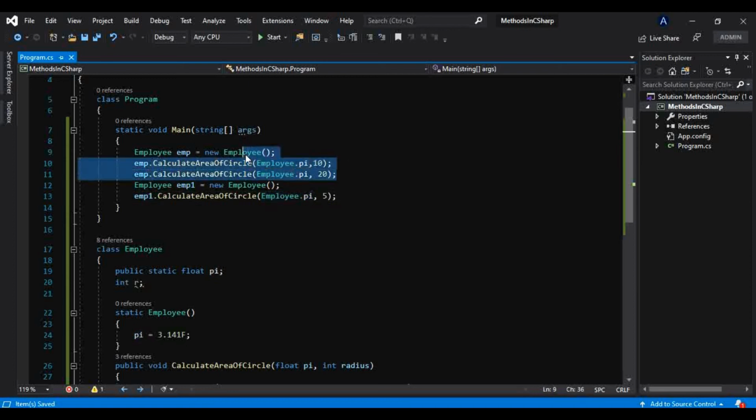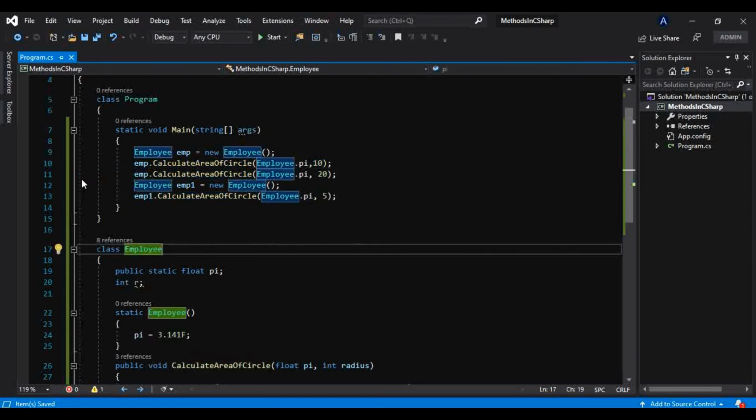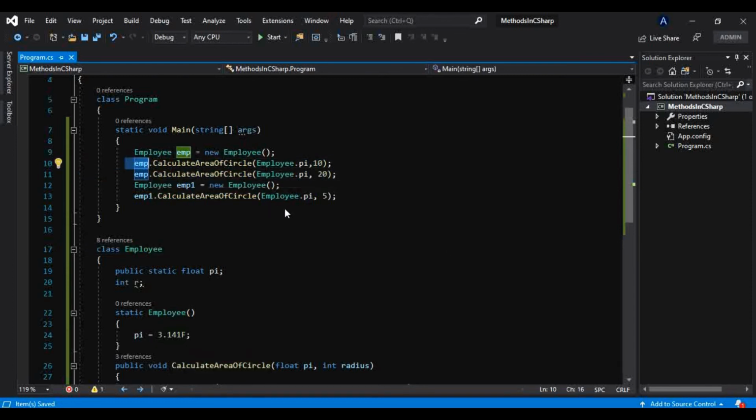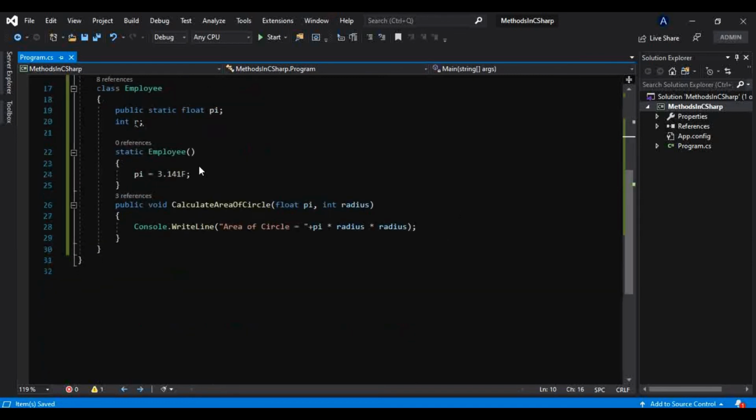So in short, all the objects share the same copy of this static field throughout the application.